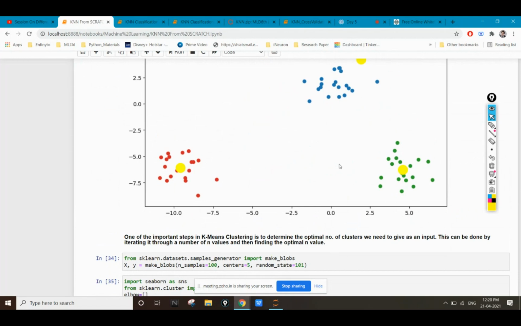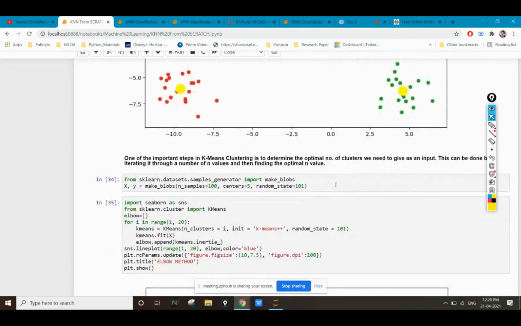But one more very important thing is getting an appropriate value of k. To get that appropriate value of k, I have to find the cluster, or I have to find the error.